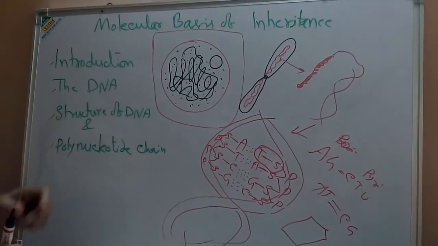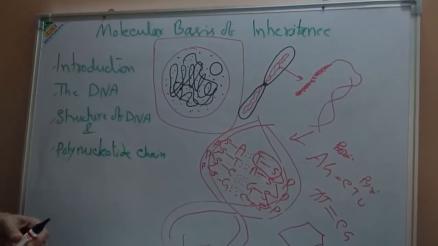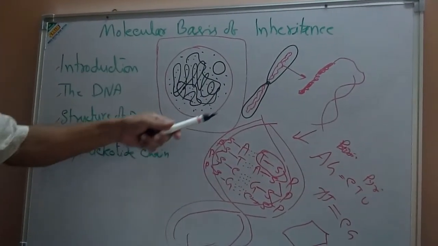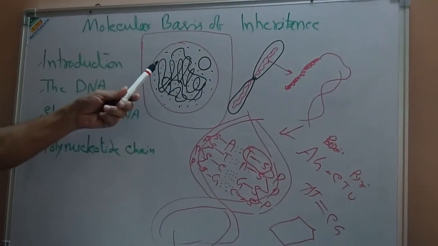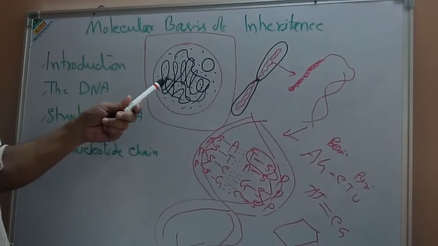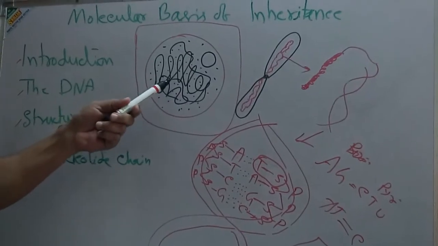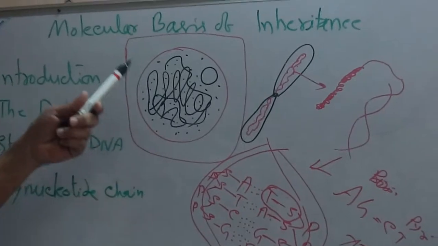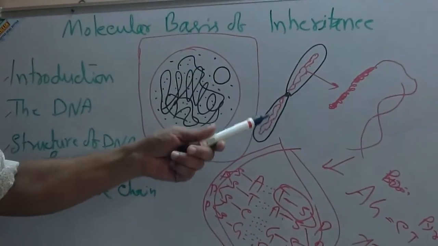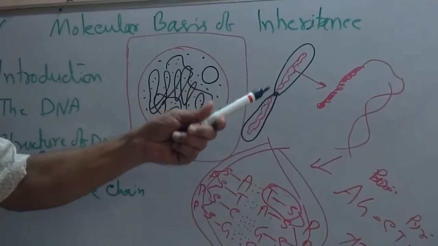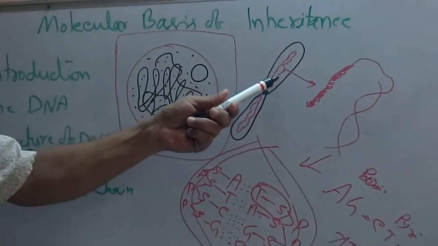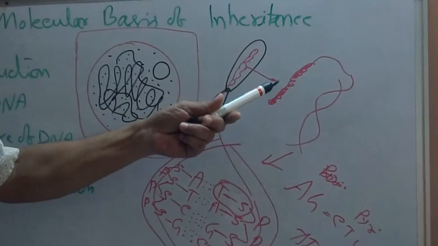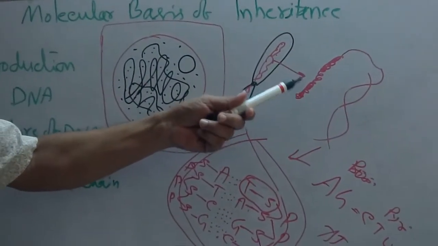So first of all, we know where DNA is. DNA is present in which part of the cell? Suppose this one is the cell, so this one is the nucleus. I will show it at a larger size. This is a thread called chromatin thread, or there are various types of threads. Within this thread, you can consider a chromosome, and within the chromosome there is a chromonema fiber, which is coiled very tightly, which is a solenoid model. We will discuss that later on.